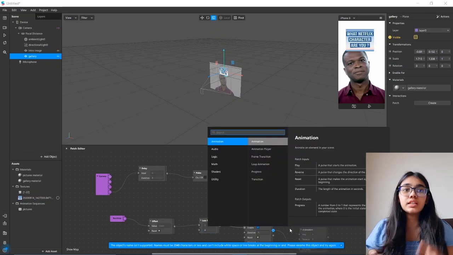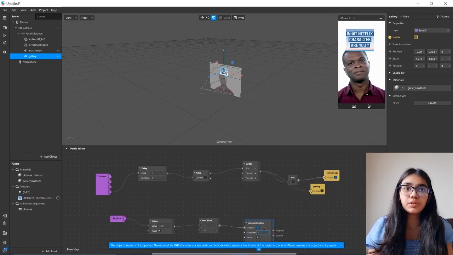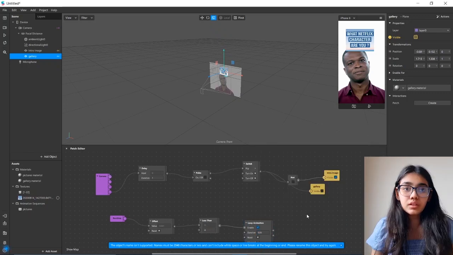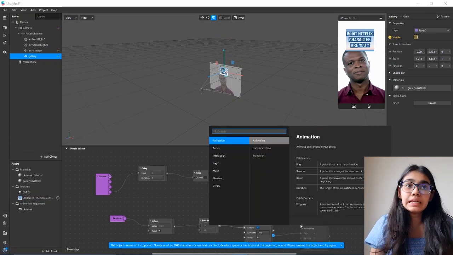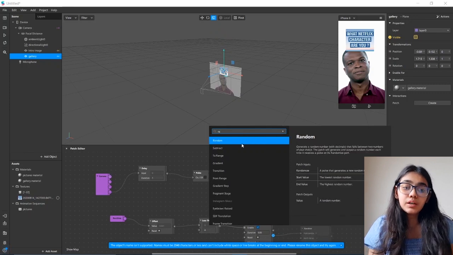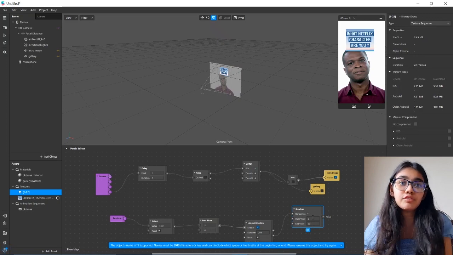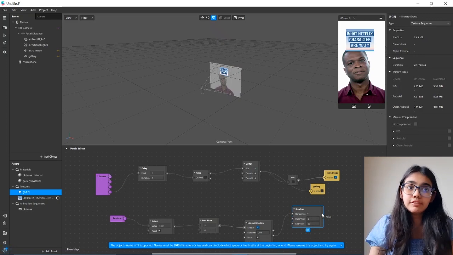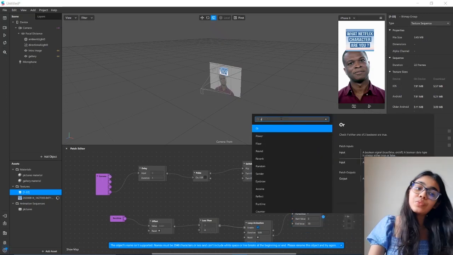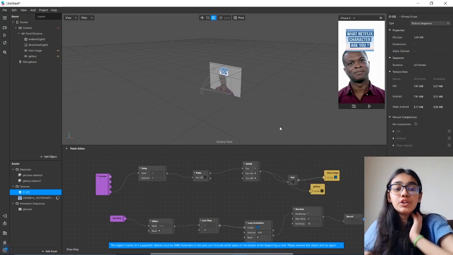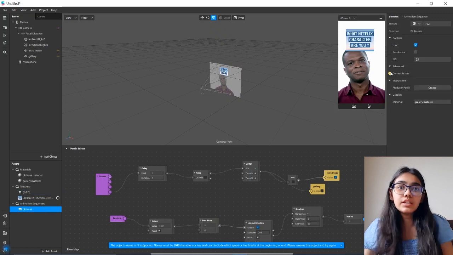Loop animation is the time your photos would shuffle. I kept it 0.05, but you can keep it whatever you want. Now we're gonna take the node and type in random. These are basically the time that it will take for shuffling the photos. I'm gonna fill in 0.05, but you can type in the amount you want. Then we're gonna type in round. This is gonna be your total amount of photos. Mine was 33, so I typed in 33.